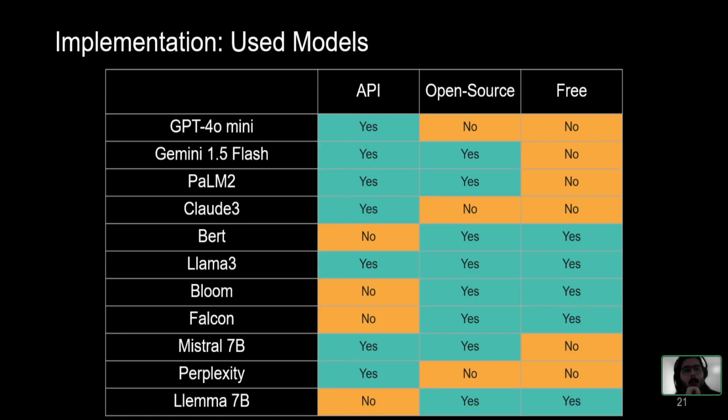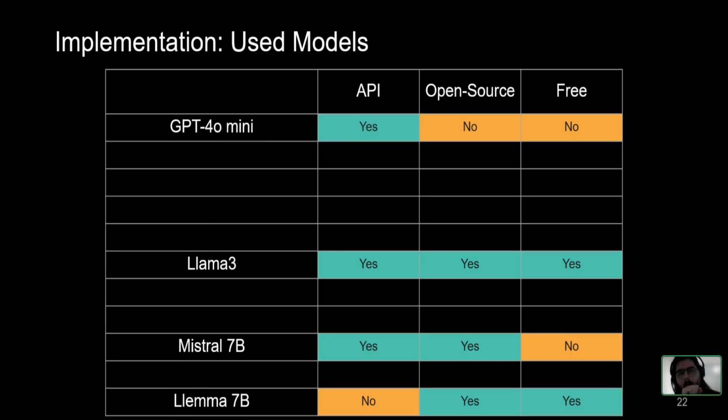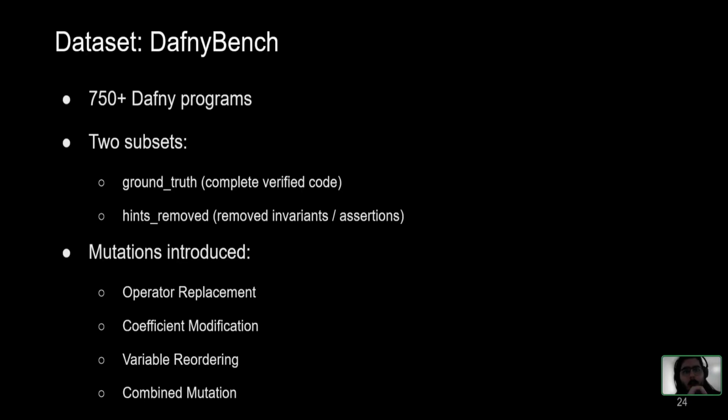So we considered many models to be implemented by our tool. And then we ended up choosing these 4 for their open sourceness, their popularity. And in case of Llama 7b, we wanted to test how a mathematical model would perform in this task, because it includes lots of logic, at least behind the scenes, right? So we evaluated it, and for evaluation we used Dafny bench, a benchmark